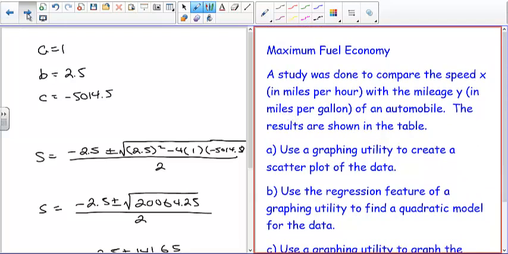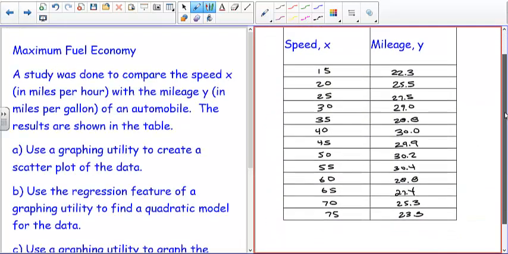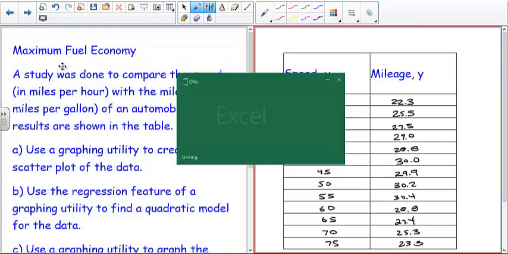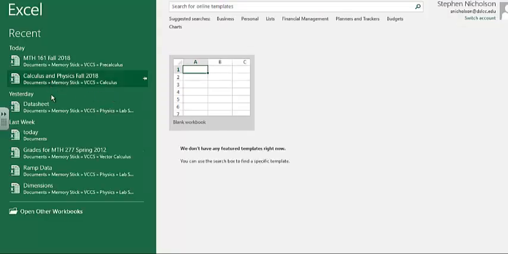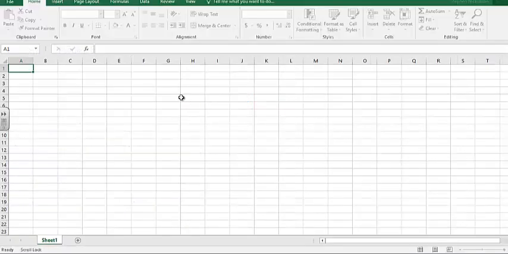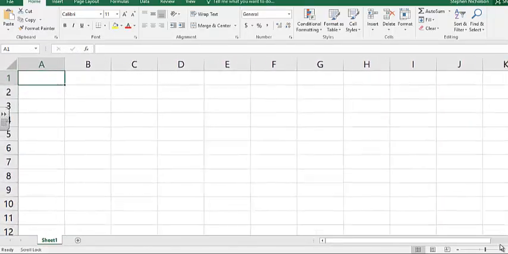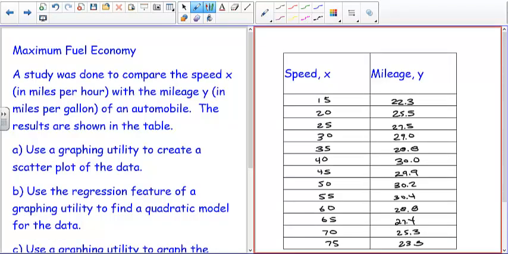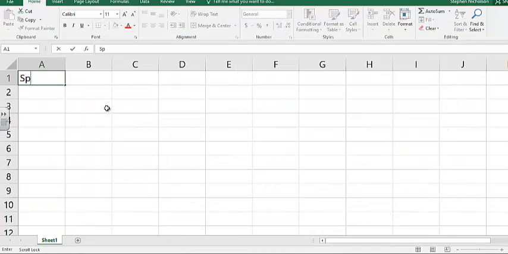Okay, so here's our data. So we're going to use Excel to plot this. I'll go through the whole process of doing Excel here, show you how it works. So we're just going to create a new spreadsheet. Need to create a table, and the table is going to consist of speed in one column and mileage in